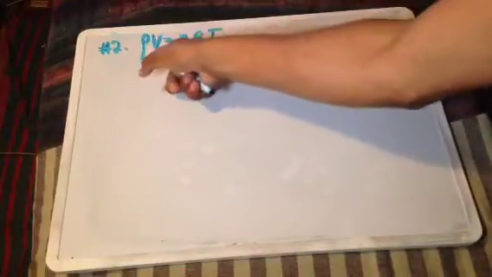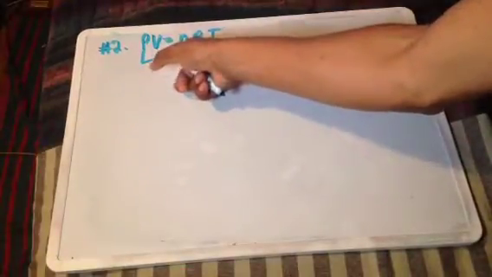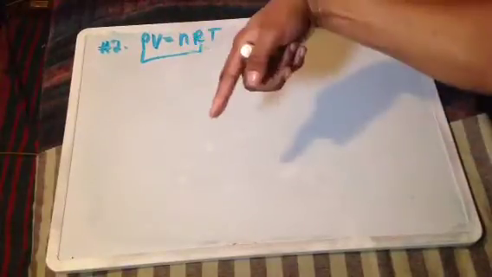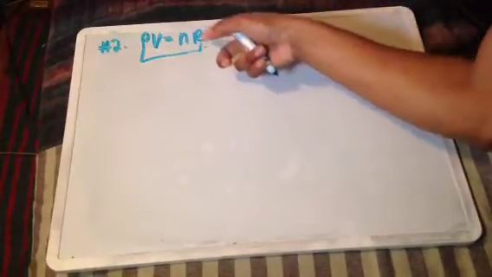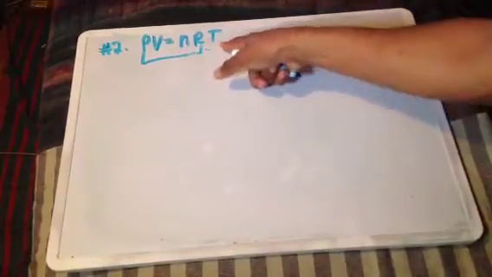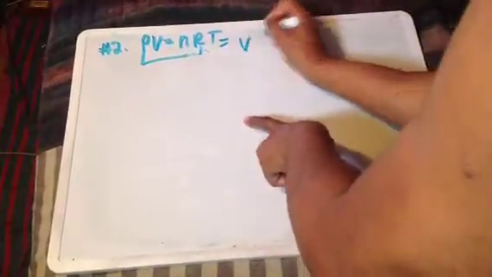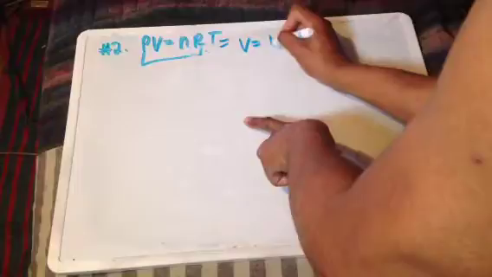So automatically we see that we're multiplying pressure times volume, and we have it equal to the number or the amount, in this case of carbon dioxide, times a constant times a temperature. So all we have to do to solve for volume in this case is divide by pressure, right? So if we rearrange this equation, we'll say volume is equal to nRT